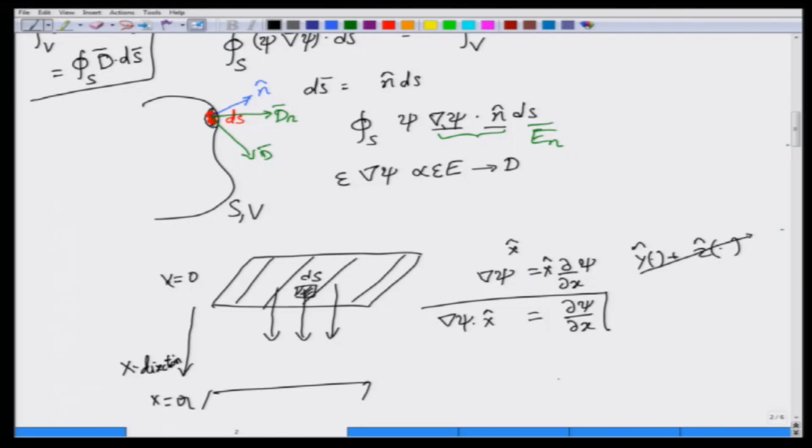So, in general, if the normal is along n, what this quantity del psi dot n is telling you is, so let me highlight this one, this del psi dot n is actually giving you the derivative of the potential function psi with respect to the normal coordinate. If n is any general direction for the normal, then del psi dot n is del psi by del n. Okay. Very interesting. Now, I can rewrite that integration over the closed surface.